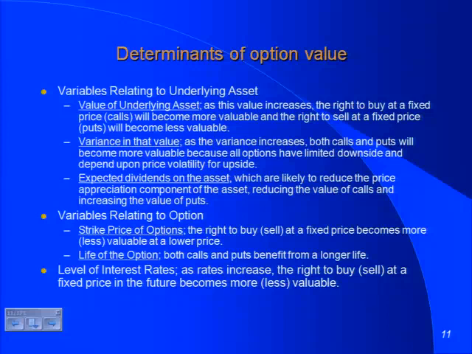The only macro variable that affects option prices is the level of interest rates. And here's the reason it affects option prices. When you get the right to buy something at a fixed price 2 years from now, what you have to worry about is the present value of that price today, right? As interest rates go up, for any given price, the present value of that price becomes lower. So the agreement you have to pay $200,000 2 years from now, that $200,000 is worth less today if interest rates are 15% than if they're 5%.